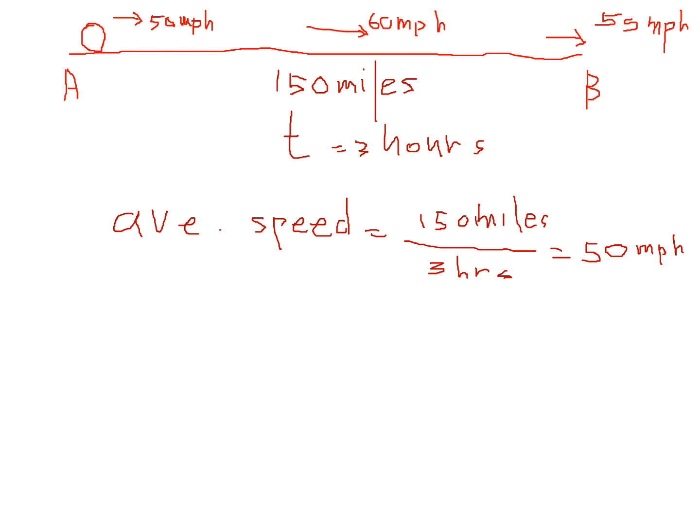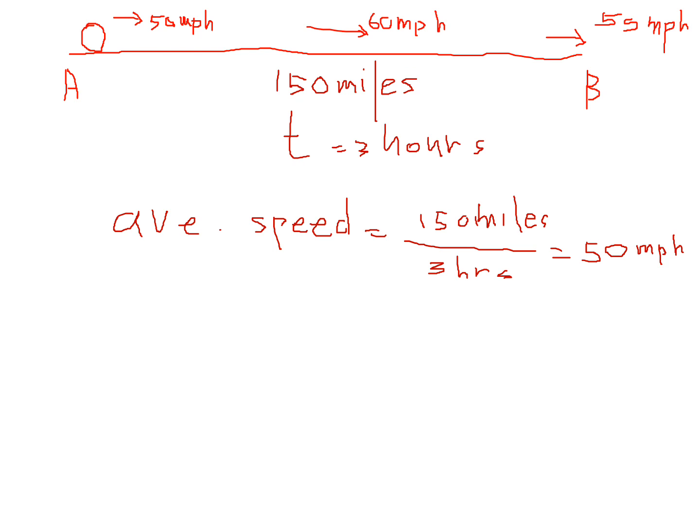You drive at 50 miles per hour from A to B. But in a real situation, sometimes you drive 50, sometimes 30 miles per hour, sometimes 60 miles per hour. So from A to B, depending on the location, your speed can change. But when we talk about speed, you have to talk about average speed, because you cannot tell exactly what your speed is going to be